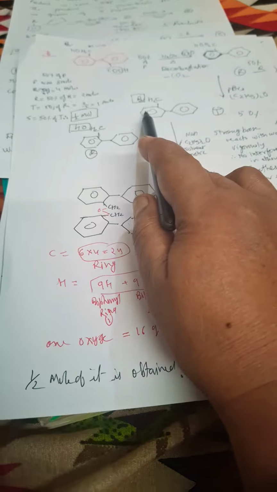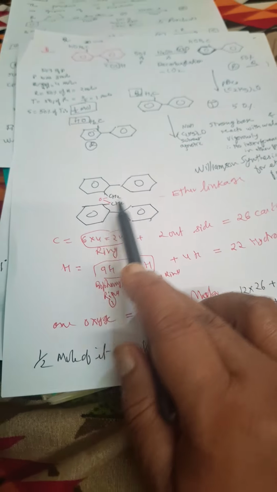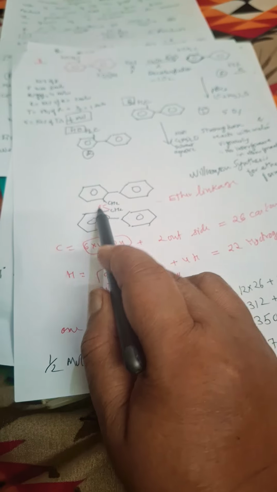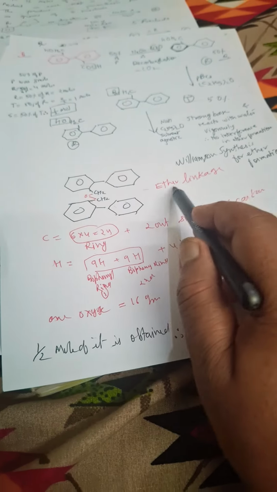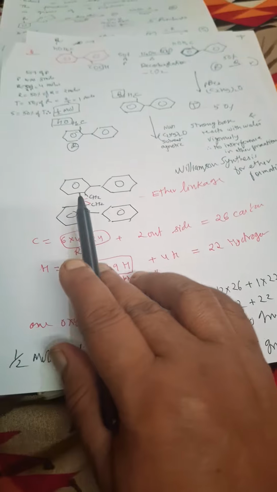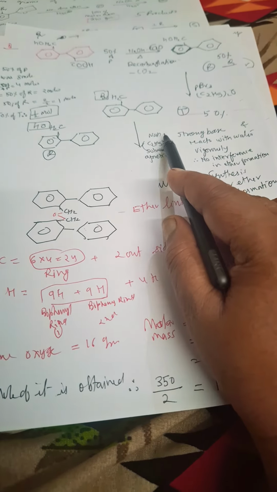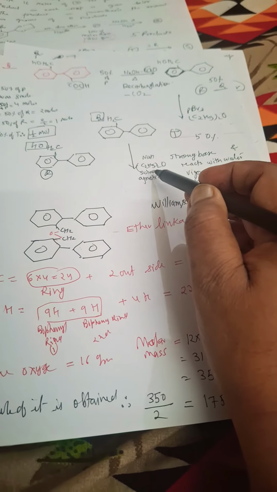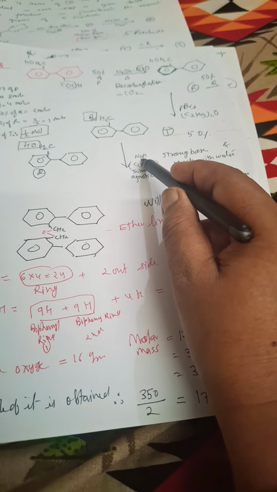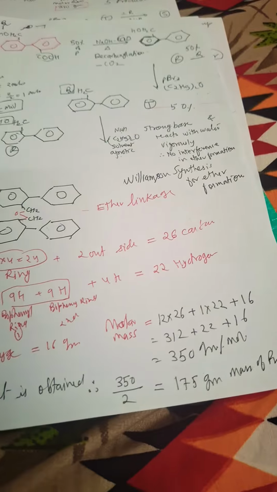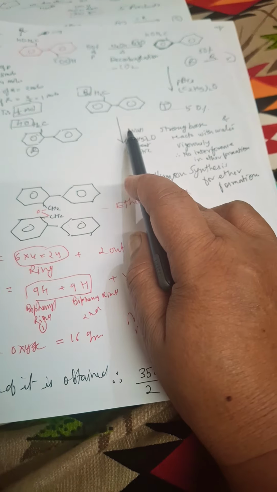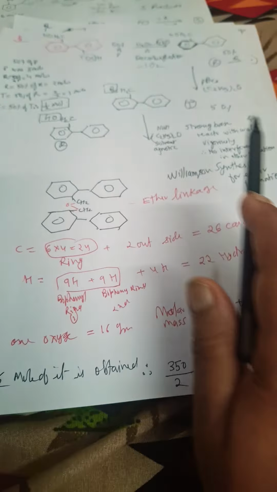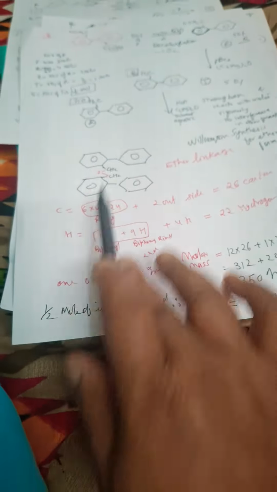Okay, so see here, 2 rings here, 2 rings here, total 4 rings are there, and these two are joined together, so that is why the CH2 linkage, they are joined with O. Okay, so this is an ether linkage. So Williamson synthesis will take place here. We are using sodium hydride, NaH, and dry ether. Don't worry about it. This is an aprotic solvent, and NaH is used in case any water is present over here which can hinder the reaction, so it will react with water vigorously. So no need to be confused about what we will do further. Nothing to be worried about. Only ether formation will be there.